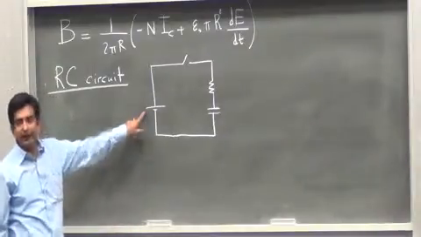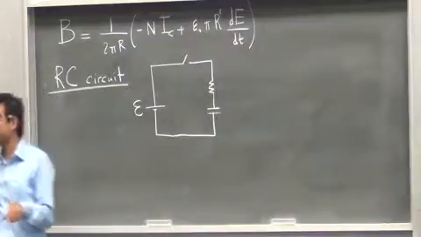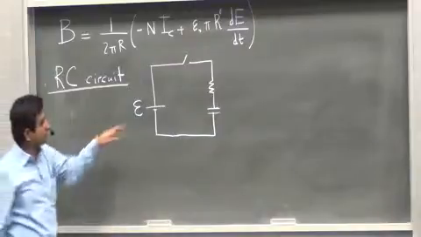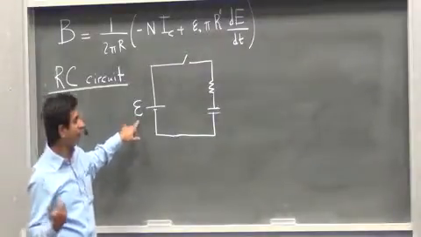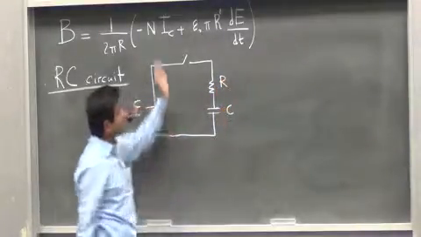This is a source of EMF, with no changing magnetic field, because changing magnetic fields also produce an EMF, which is Faraday's law. So this is a normal battery of EMF E, this is a resistor R, this is a capacitor C. If I close the switch,